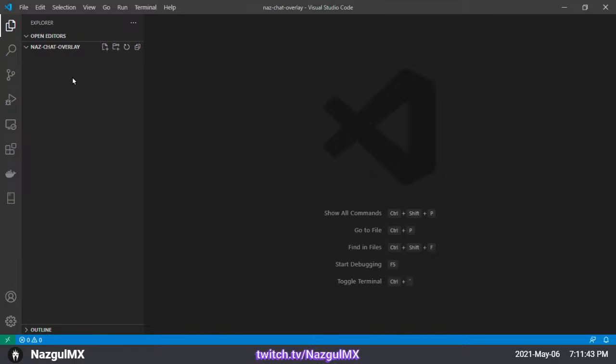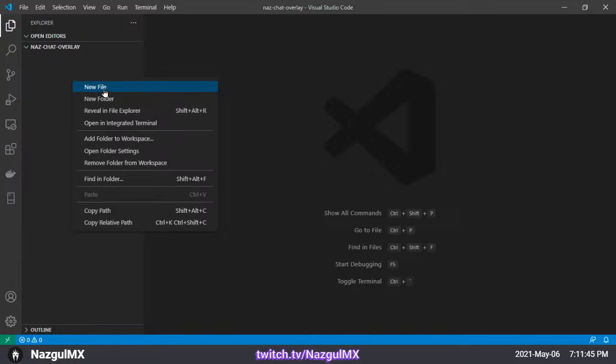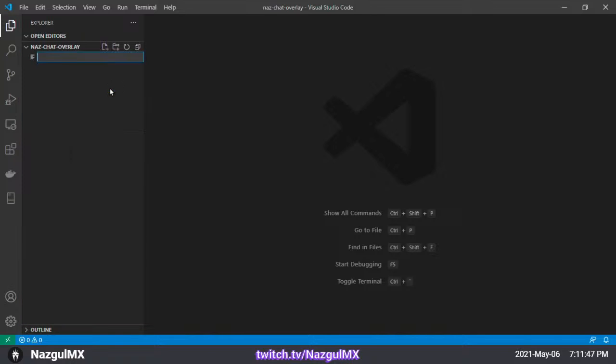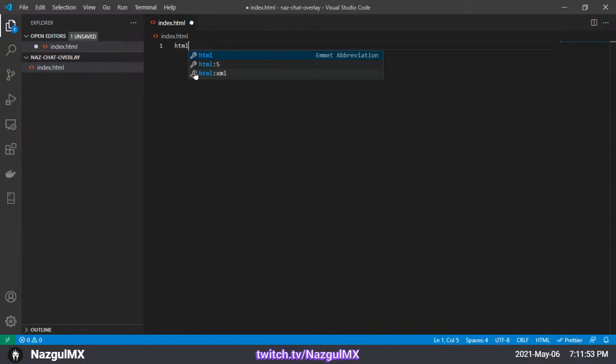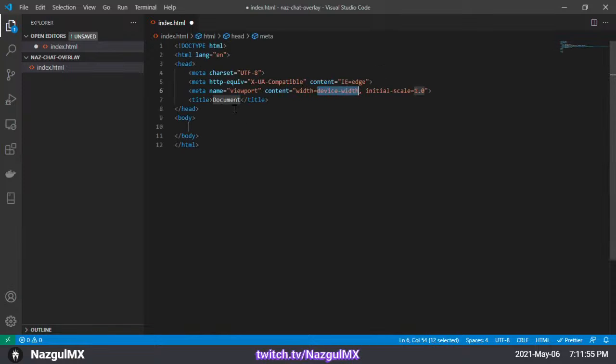I'm going to need first of all our index.html, which will be a simple page. We are going to call it chat overlay, and this is going to have